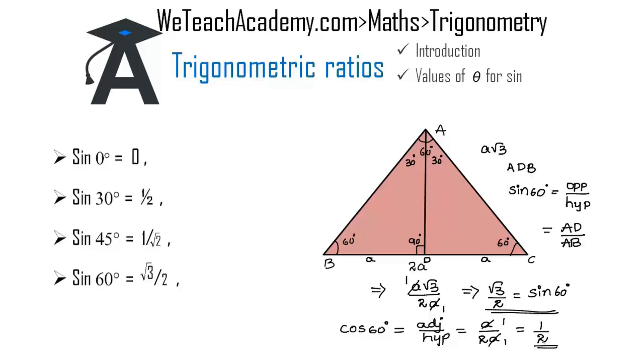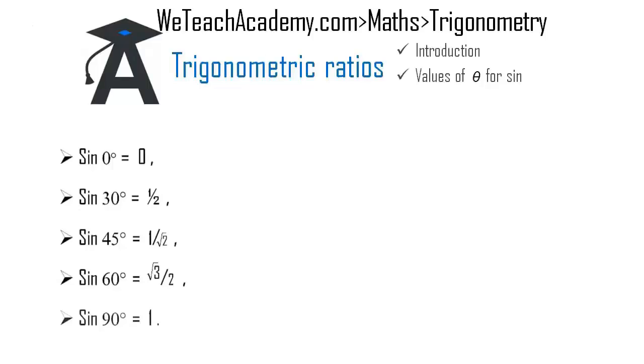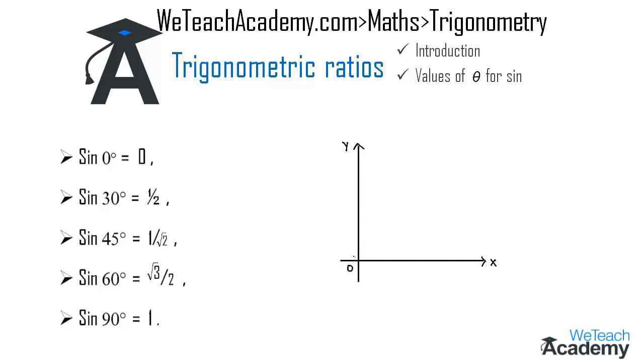And now let us find the value for sin 90. So in order to prove whether sin 90 is equal to 1, let us consider a graph with an x-axis and a y-axis. And assume that the rotating line OP now makes an angle theta equal to 90 degrees with the x-axis OX. Since P lies on the y-axis and OP is equal to R, the coordinates of P are 0, R. Observe that OP moves towards the y-axis and lies exactly on the y-axis. So we get y equal to R and x equal to 0.